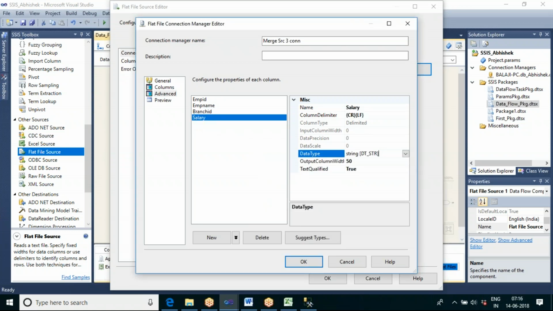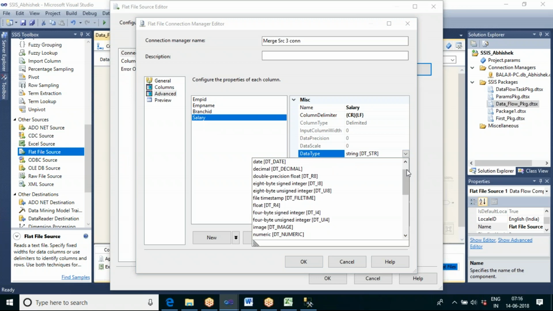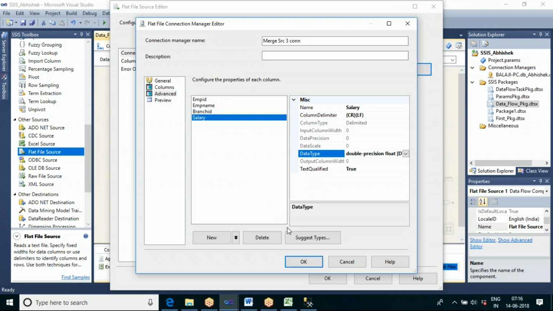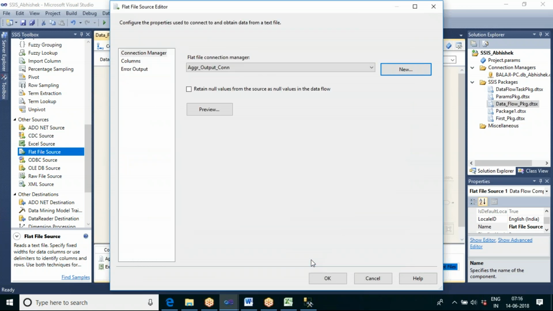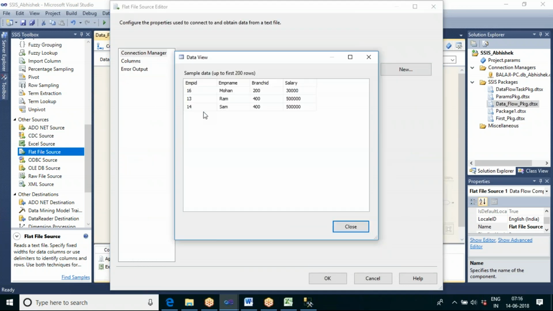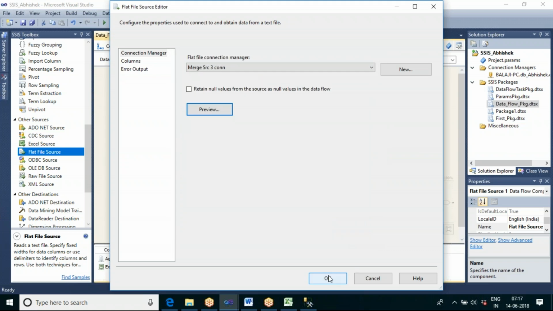Salary, let me convert this into R8, so that we are just matching the data types with the other two sources. Go and preview the data. Yes, we are getting the preview data.